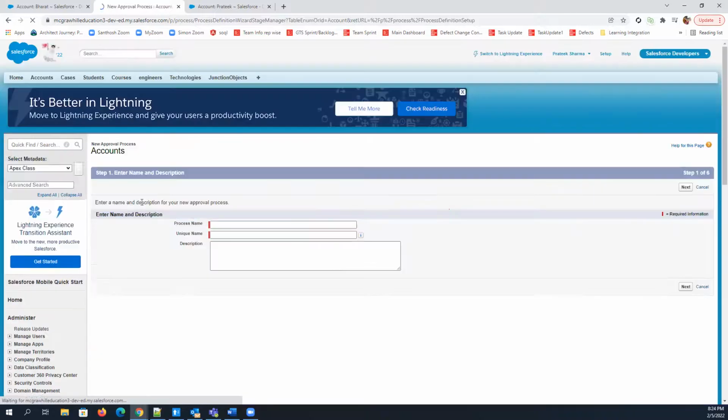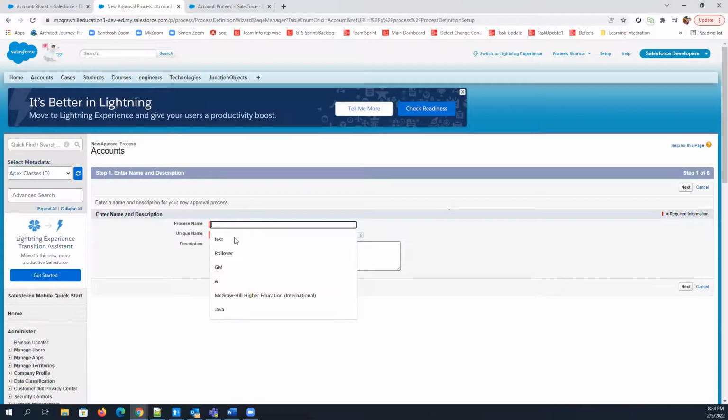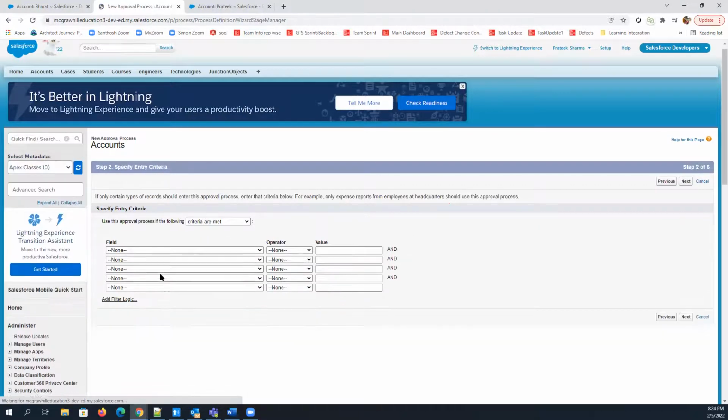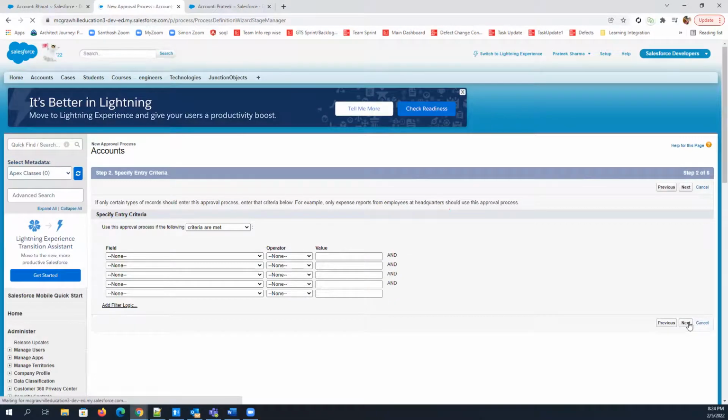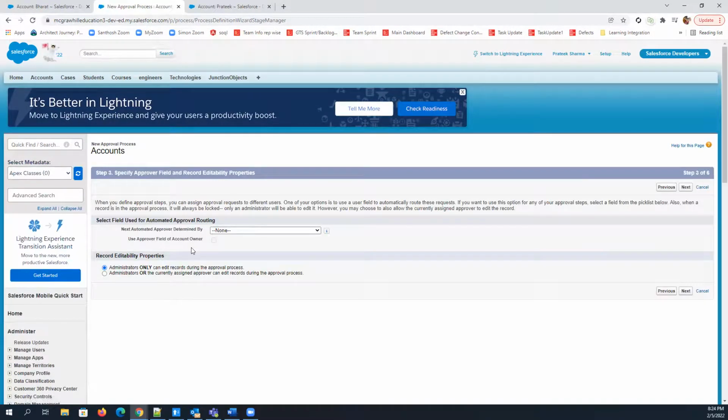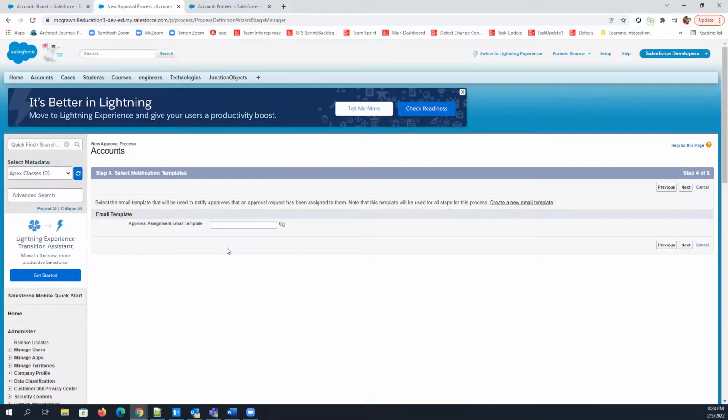So in this wizard, on the first step, you just need to pass the name, right? And if you do next, you will get criteria, right? If you do next, you will get approval routing. And if you do next, this is how you will get each and every step, in this next email template, approval assignment template. So this is how you can get each and every piece of information, right? So just try it once, and if you face any issue, you can ping me on weekdays as well. We can discuss that. Any question till now?